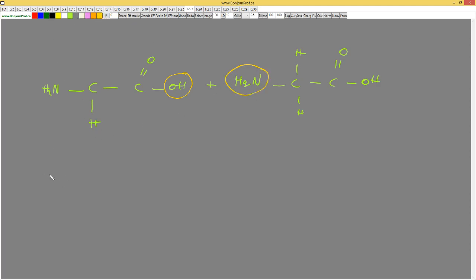So this amino acid will stay H2N or NH2. It's the same. Carbon. Here I have a hydrogen, a hydrogen, a hydrogen, a carbon, and this OH will go, because